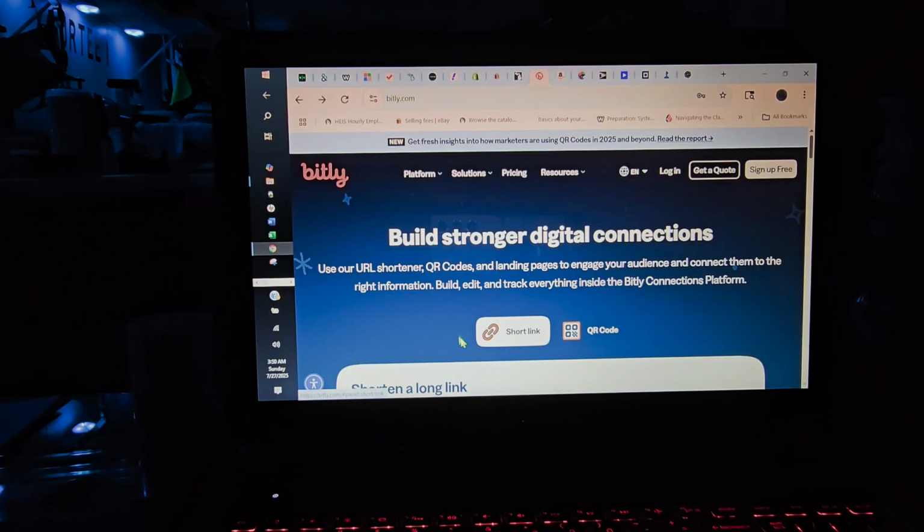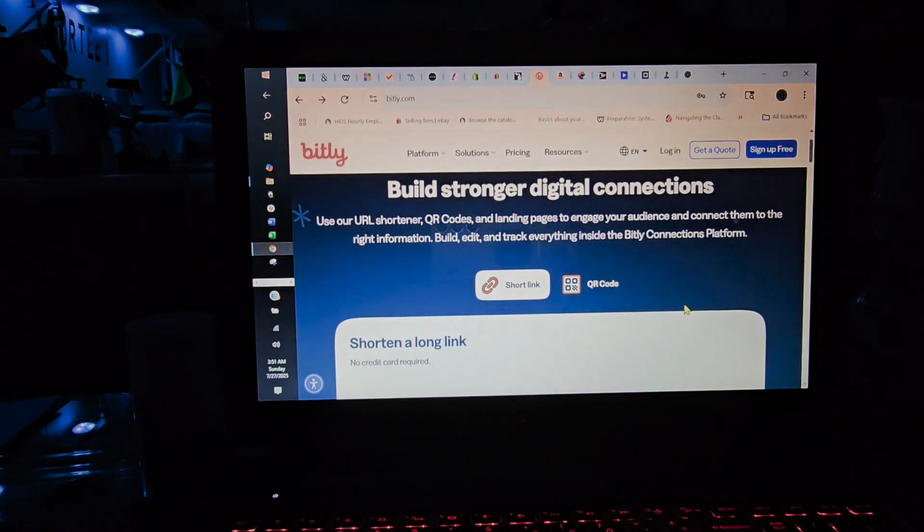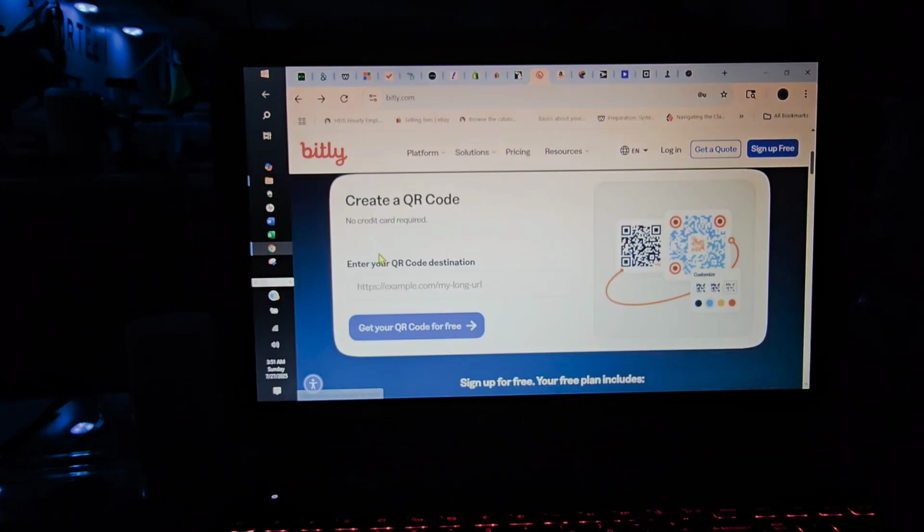So here, if you want to shorten a link, you can click right here. And if you want a QR code, you can click right here. Oh, I want a QR code. No credit card required. Create a QR code. Enter your QR code destination. And that is going to be